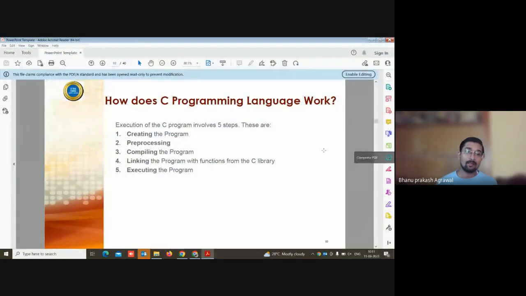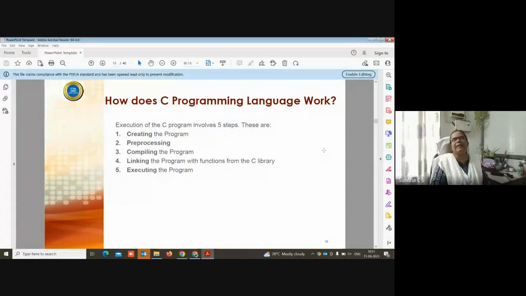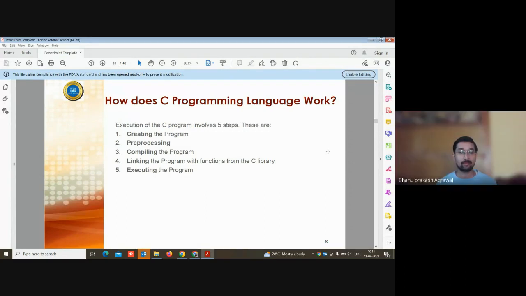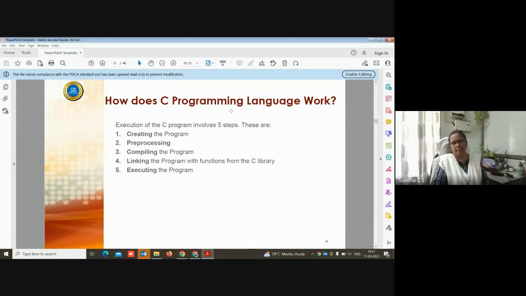Is there any IDE for Linux? Any IDE, or normally we use the vi editor, or any other type of thing for editing the programs. Okay, ma'am, got it. The vi editor, right? Yes, normally we use that.